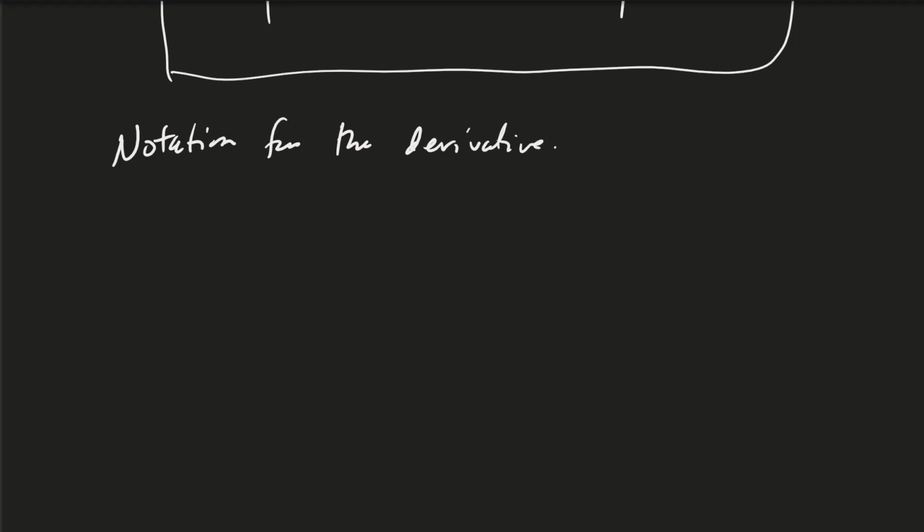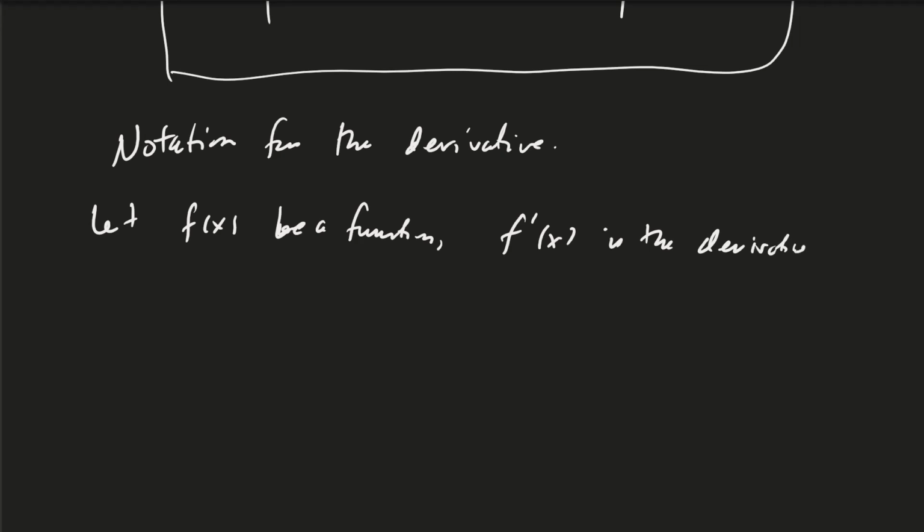So our initial notation is, if f of x is a function, we used f prime of x to denote the derivative. But sometimes we're not sure what variable is being used as the independent variable and which variable is being used as the dependent variable. And so in that case, it's nice to have different notation that tells you that. And so alternative notation